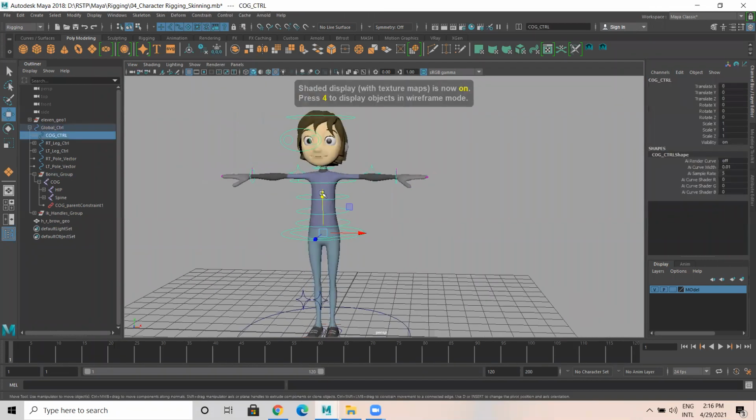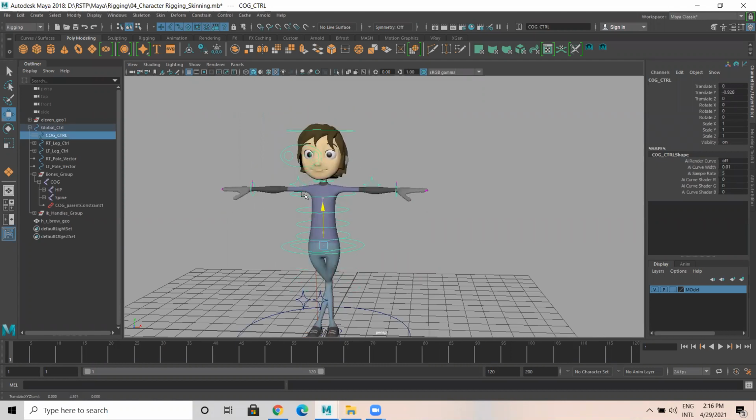So let's see, including the head part, it's there.